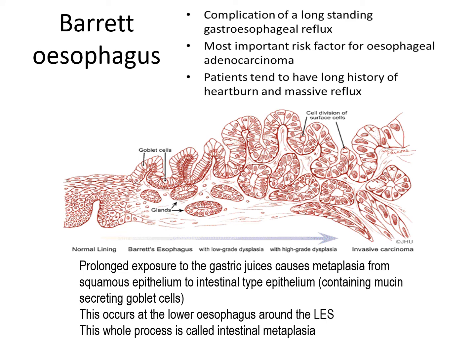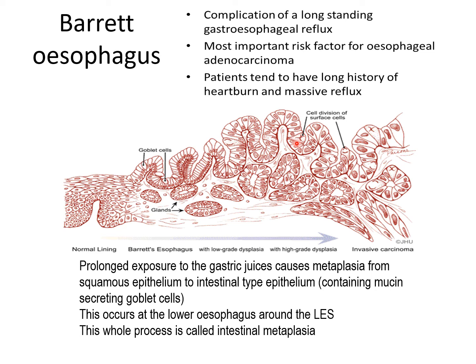Barrett esophagus is a metaplasia from squamous epithelium to intestinal type epithelium at the lower esophagus around the lower esophageal sphincter. It is due to prolonged exposure to the gastric juice. And the whole process is called intestinal metaplasia. And you can see there are going to be goblet cells and villi formation